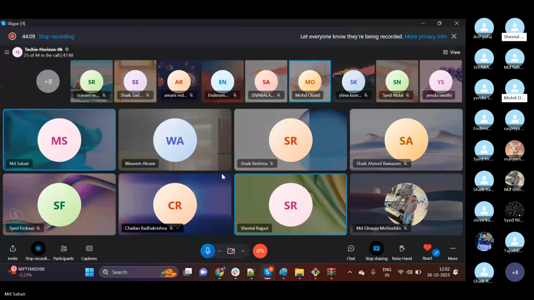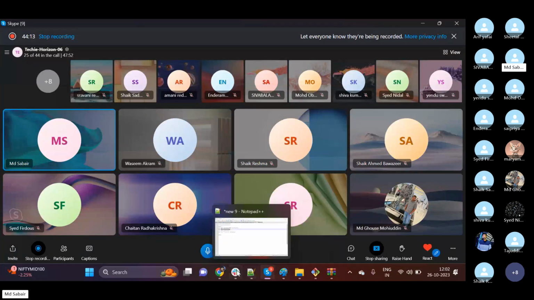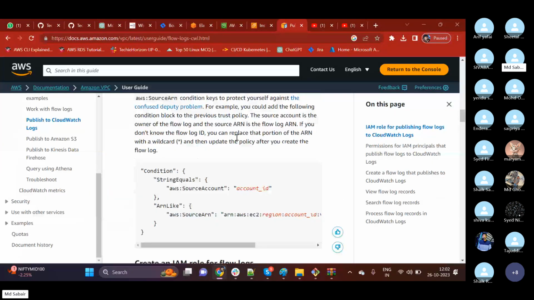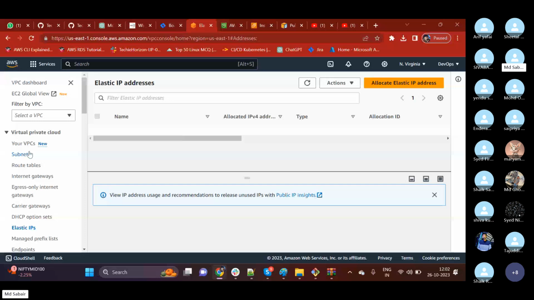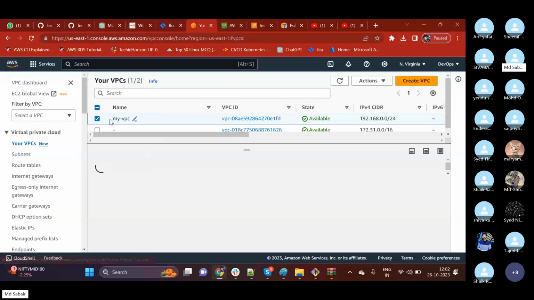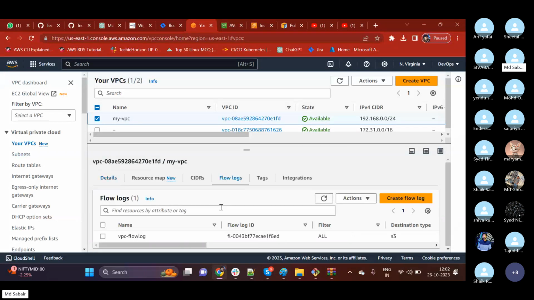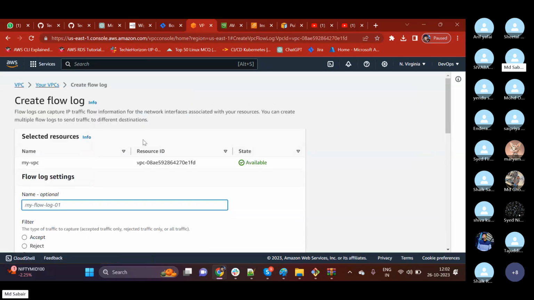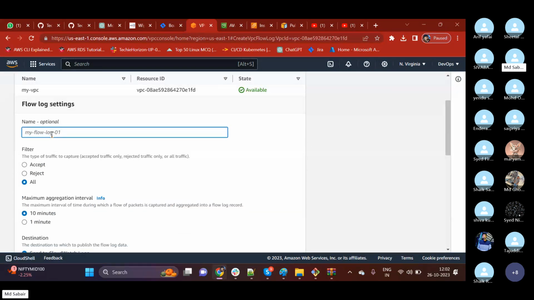Yes, sir. And similarly, as I said, we have one more way, that is to push our flow logs to our CloudWatch. For example, where is my VPC? Okay, so this is my VPC, right? Flow logs. So we have used one destination type, that is S3, and we have one more destination type, that is CloudWatch log group. So if I click on create flow log again,